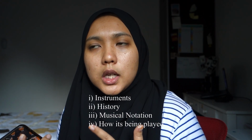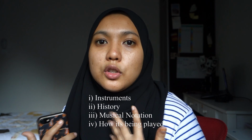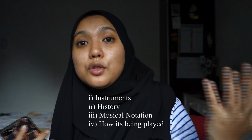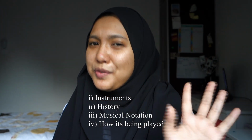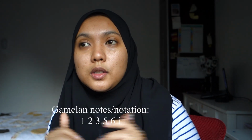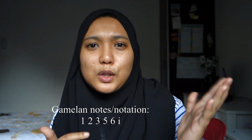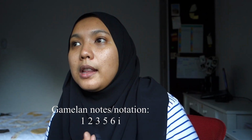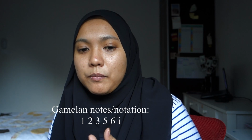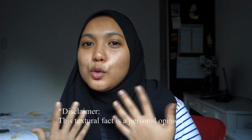We have so far talked about the history and musical notations, also as a little introduction on how gamelan is played. Maybe just a brief history, I know. So I did mention about notes. So gamelan, like I said before, uses only 6 tones, 6 pitches, and they use numbers. But I've also mentioned that Gamelan Melayu is much softer than Gamelan Jawa. So to know this